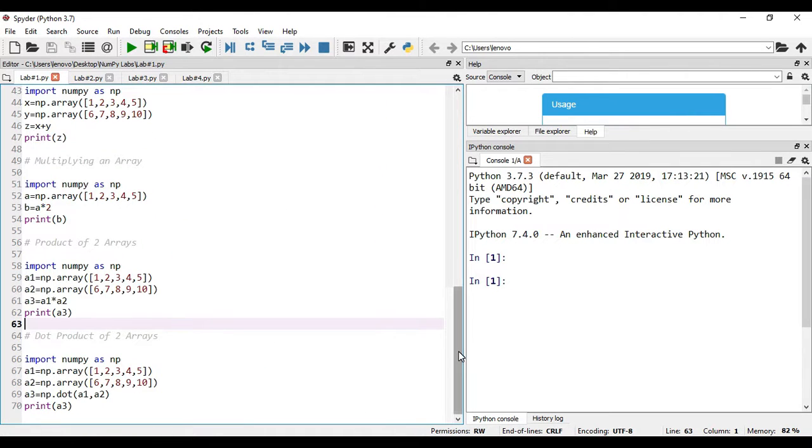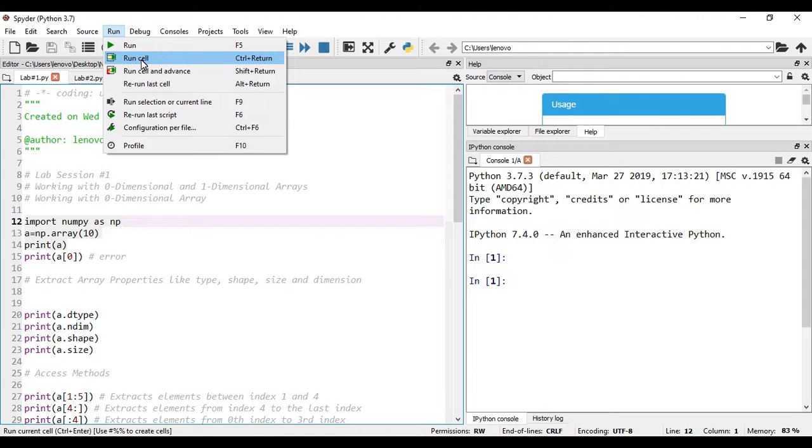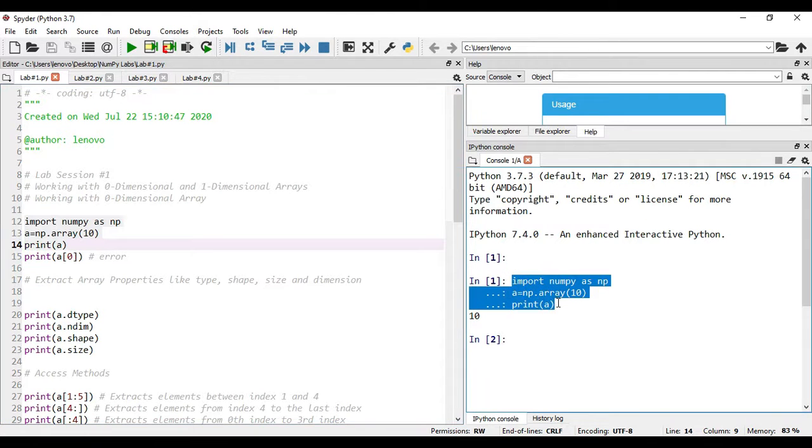But as I do not want to execute the remaining parts of the code, only these 3 particular lines, you have to select only the lines you want to execute, go to the run menu and click on run selection. Fine. Now we can see the output in the Python console. The code has been executed, and by using print of a, we are able to see the value present in the array.